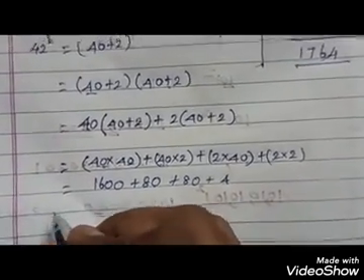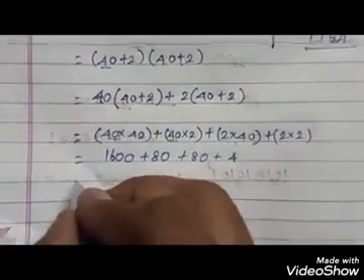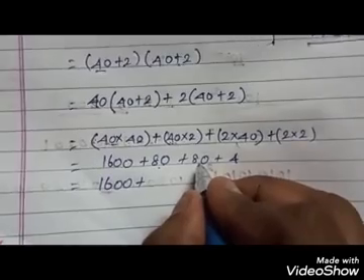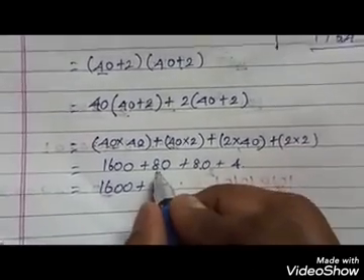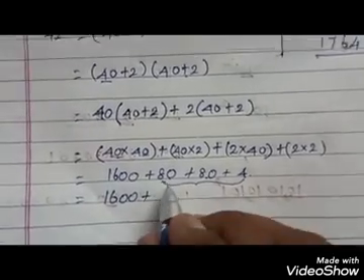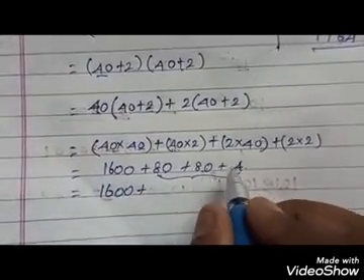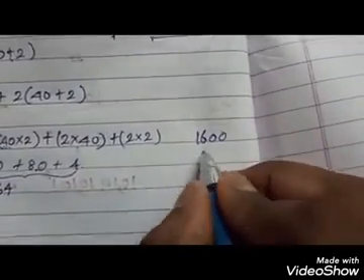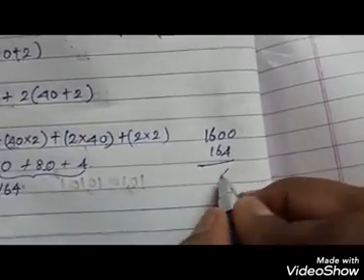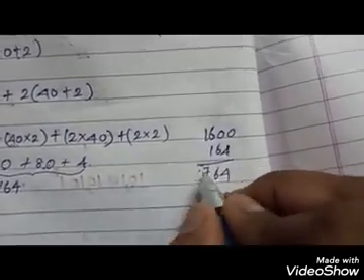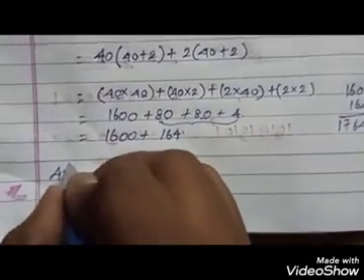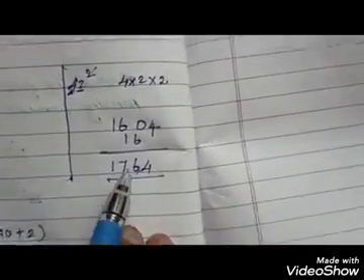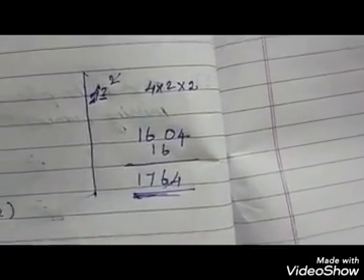So now you need to add these 4 values. So I just take 80 plus 80, that is 160. 160 plus 4. So add these 3 numbers because it's very simple. 80 plus 80 is 160. 160 plus 4 is 164. Now you can add 1600. You add 1600 with 164: 4, 6, 7, 1. So the answer should be 42 square equal to 1764. Already we got the same value by using the shortcut method.